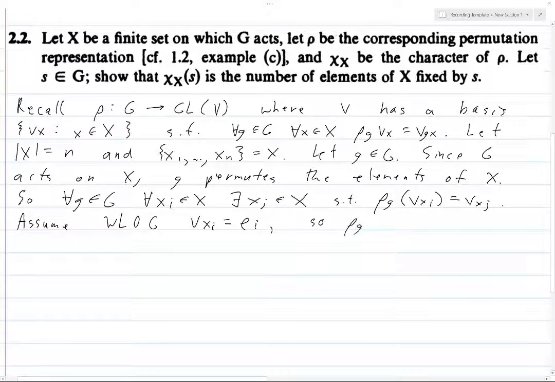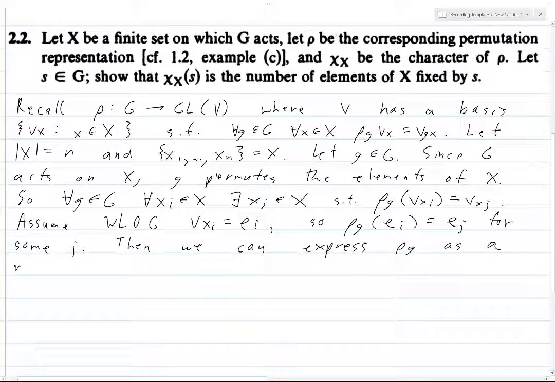And so in particular, V_x rho_g of e_i is equal to e_j for some j. Okay. So now what? Then we can express rho_g